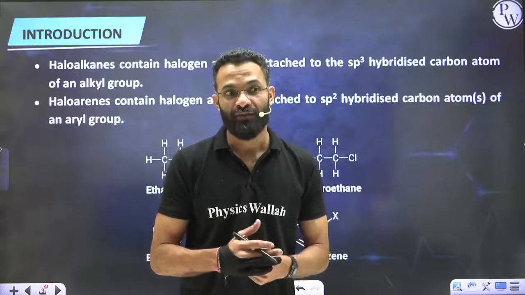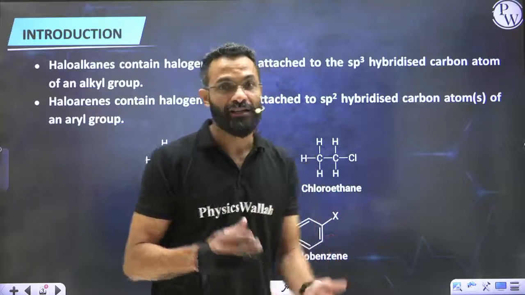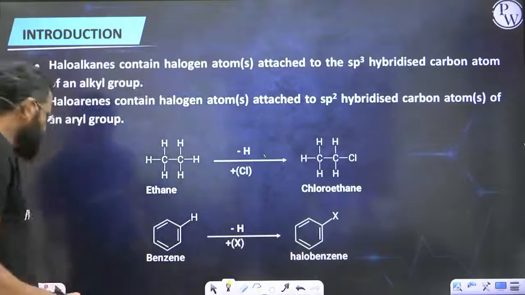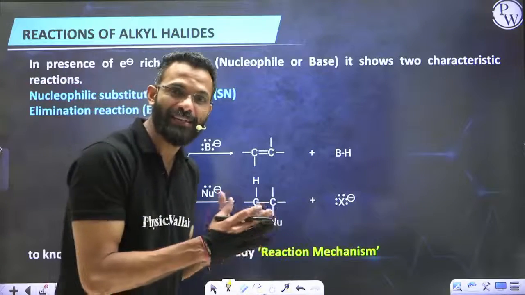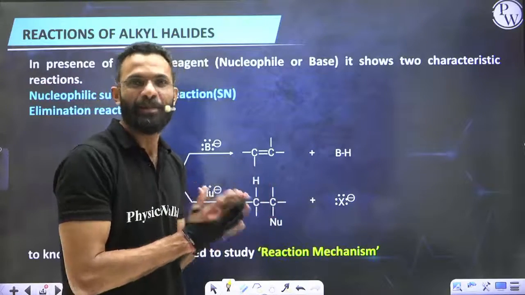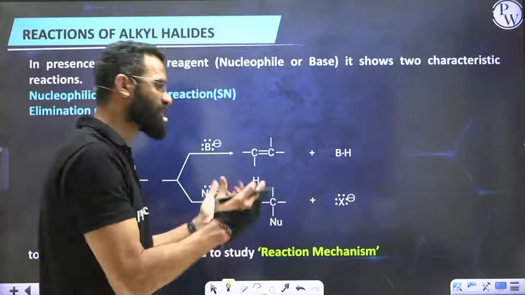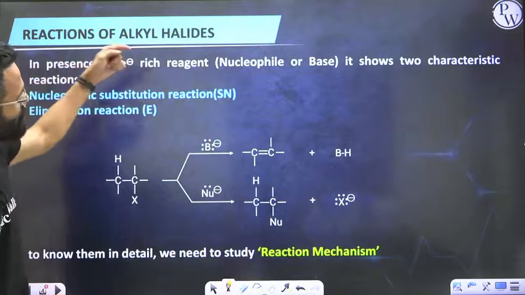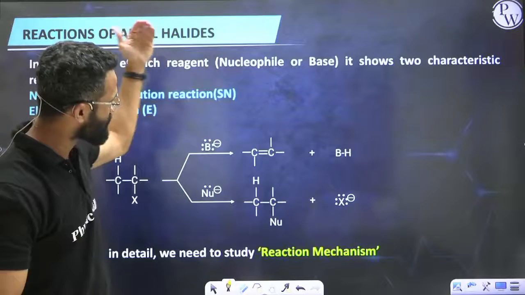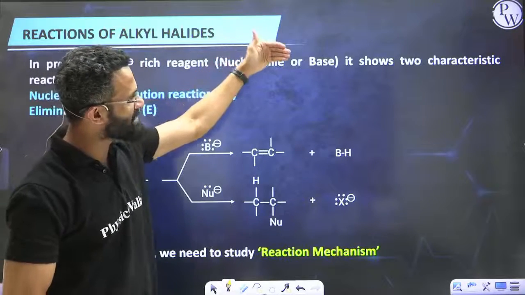Well, now I used a term called electron rich species, which means before understanding the reaction, we need to also understand what those electron rich species are. But let us assume that we know something called electron rich species exists. So in the presence of an electron rich species, which could be nucleophilic or basic in nature,